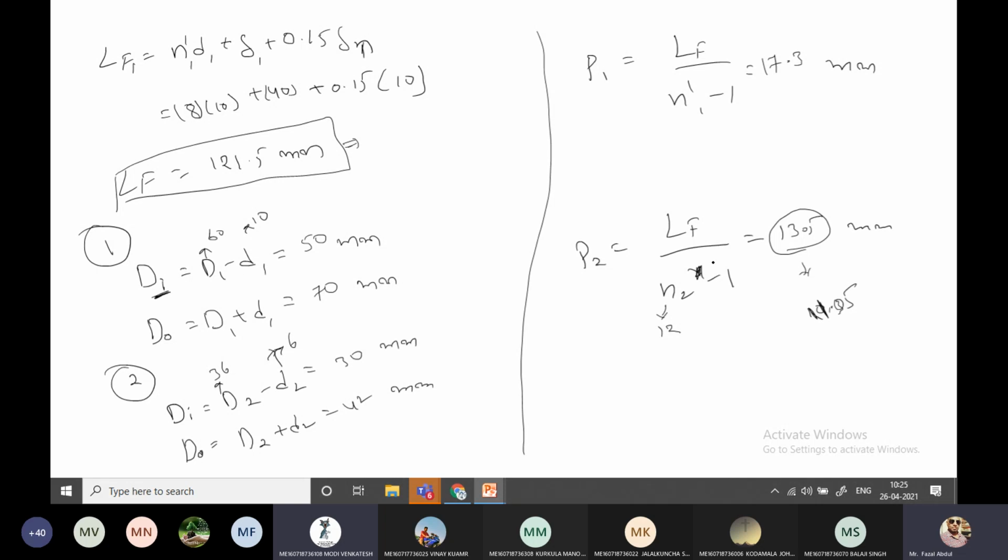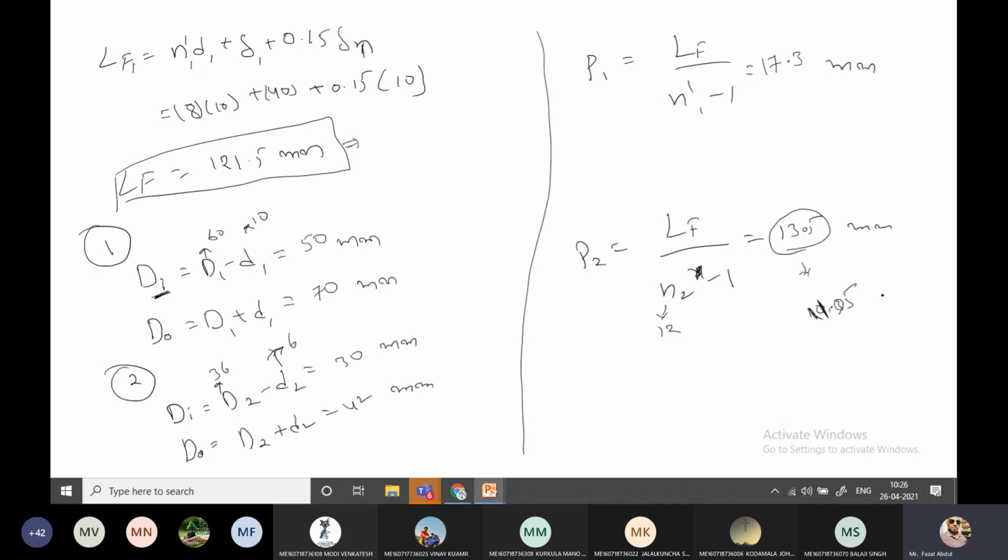Very good. After calculating all these things, draw with pencil a neat sketch and show the dimensions you calculated on the spring on the paper. That is the end of the problem. Whether the question asks for it or not, it is not a matter. In design of spring, you have to draw the spring. After calculating everything else, draw the spring with pencil. Don't use the pen, use pencil, and show the dimensions you calculated. Okay.